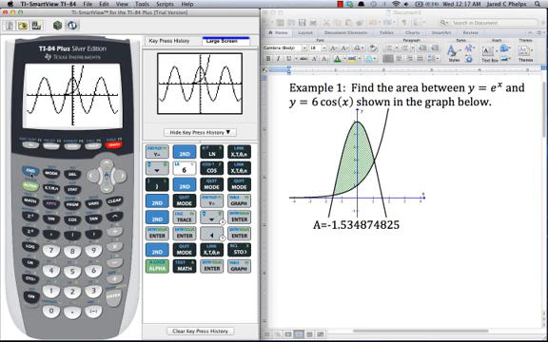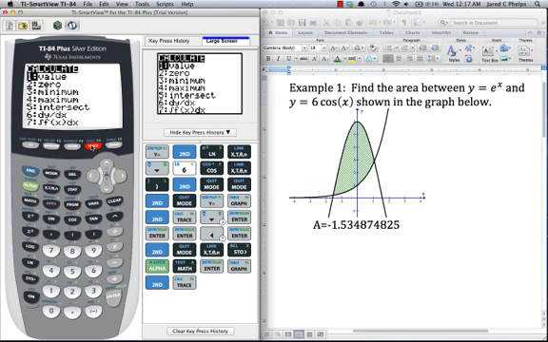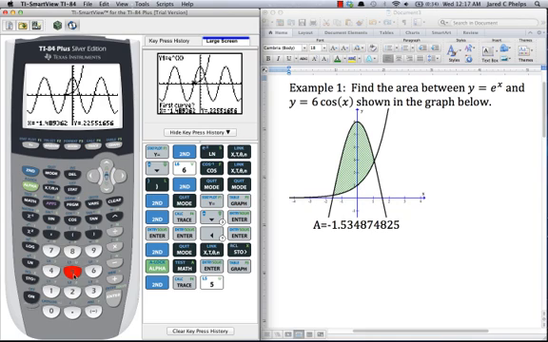It should be the same steps, so I'd actually recommend you pause the video, and if you've got a calculator, try it on your own to find that point of intersection. So here we go. I'll go second calc. I'm just going to hit 5 to jump right down to the intersect option. I'll hit enter for first curve, enter for second curve. For the guess, I could either use the arrow keys to scroll over there, or I can tell that value is kind of close to 1, so I'm just going to type in